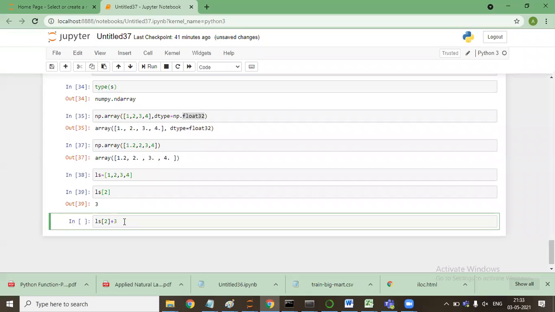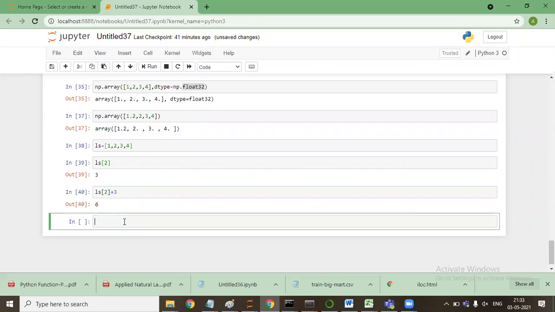Three plus three. Six. Yes. But performing these kinds of operations when the size of the list is huge,